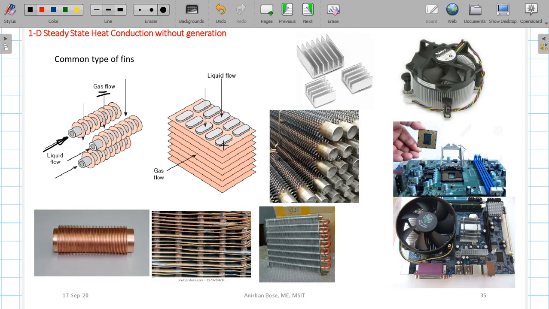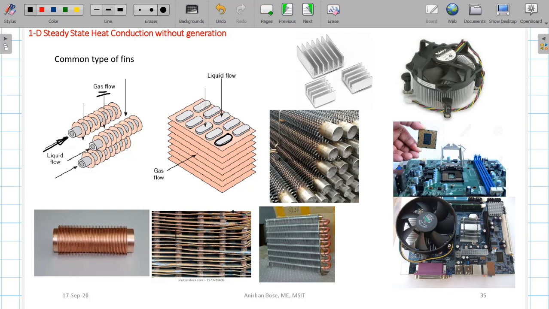Here you can see another kind, flat tubes. These are flat tubes, and around these flat tubes are extended surfaces, shown by the orange color. These are basically the fins or extended surfaces to enhance heat transfer between the liquid which is flowing through these flat tubes and the gas which is flowing outside. So in some of the pictures here you can see the annular fins present outside this tube.